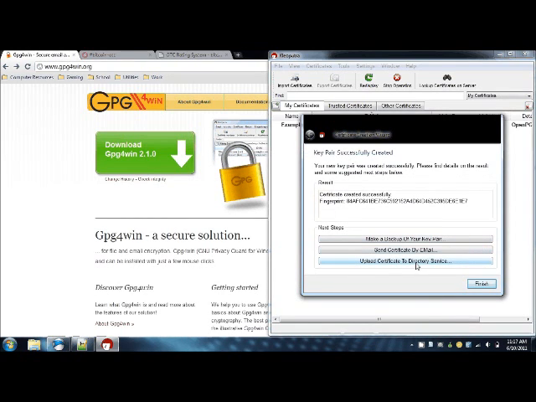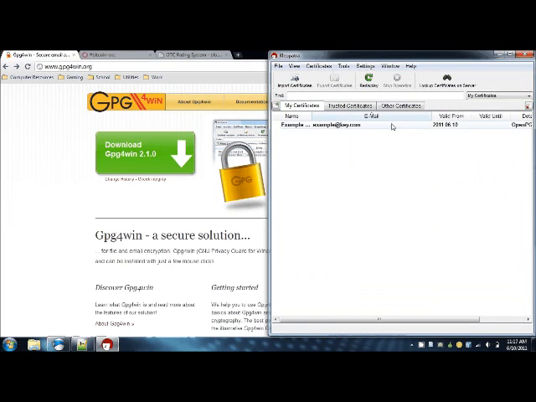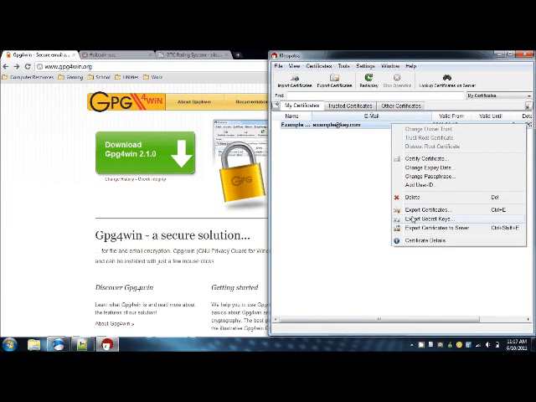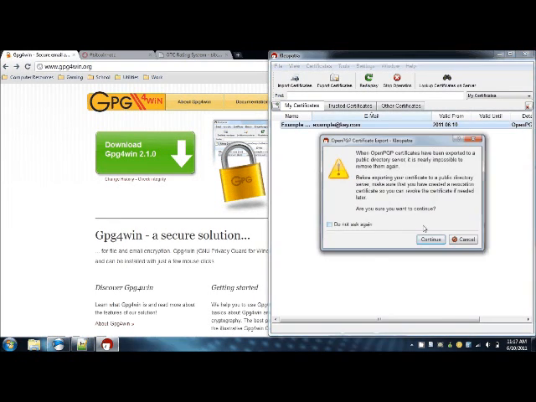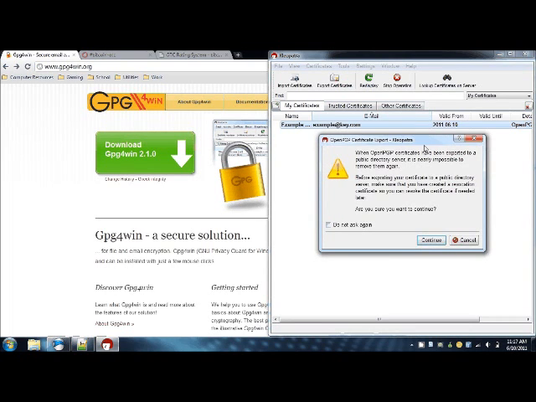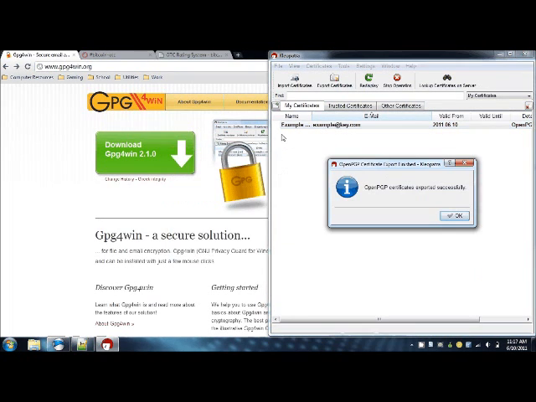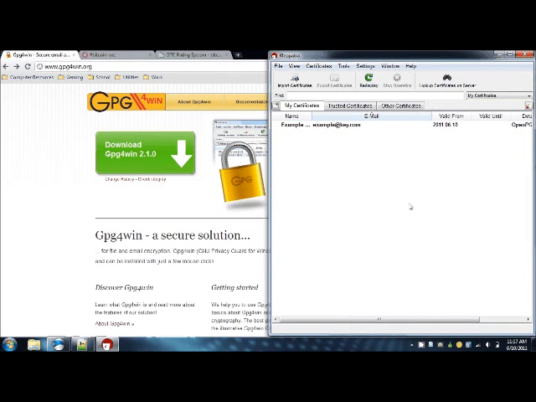Now, it's a good idea to make a backup of your key pair or send it to your email, but for now I'm just going to hit finish, and what you need to do is right click on this and hit export certificate to key server. That's okay. So now that has been submitted,